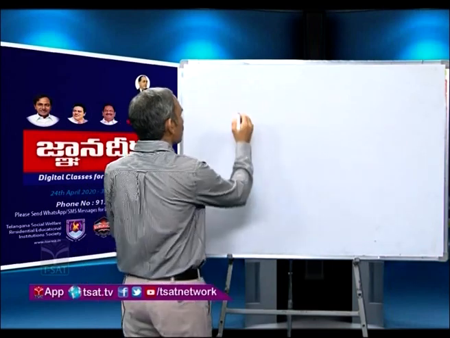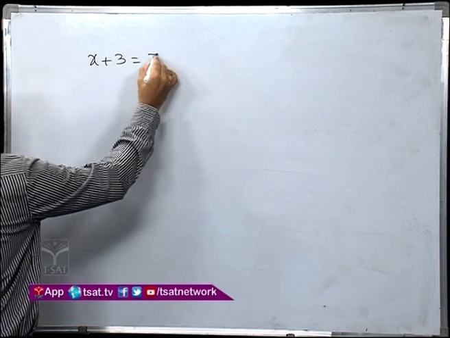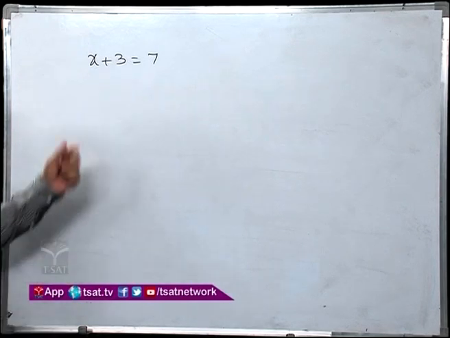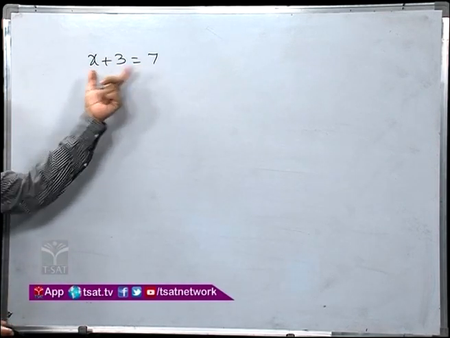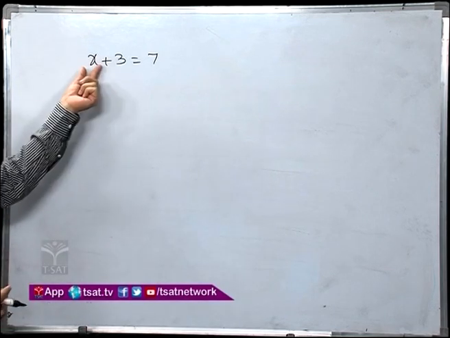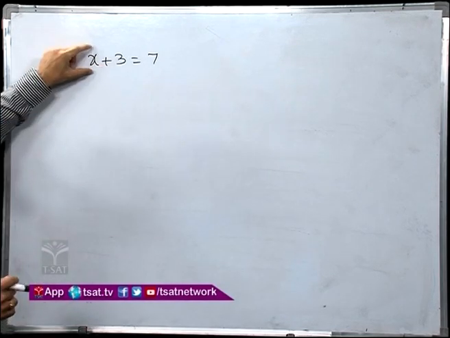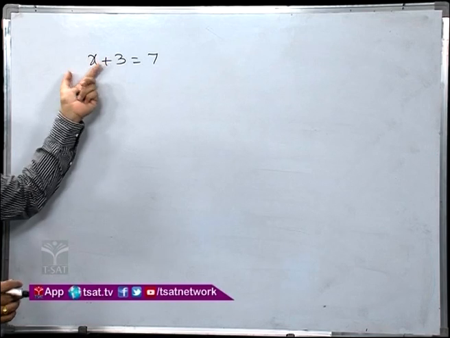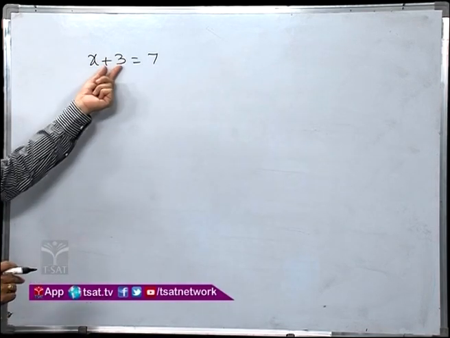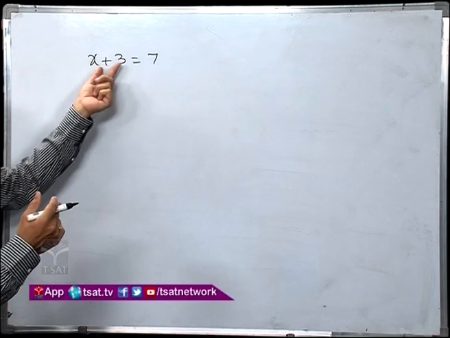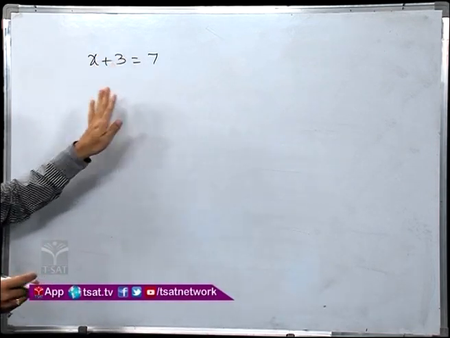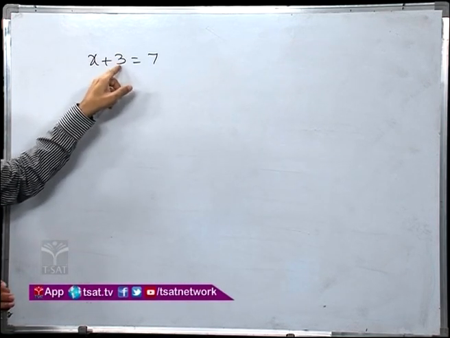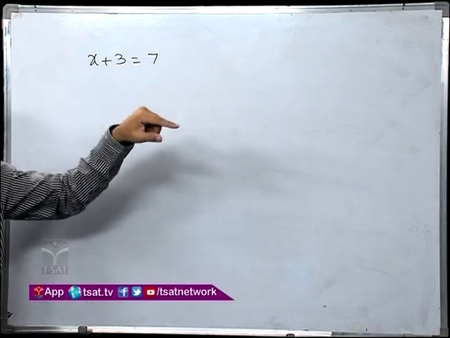Let us take this equation. x plus 3 is equal to 7. Now, here what I want to do is find the solution of this equation. Solution is nothing but finding the value of the variable. So, I have to find the value of x. There should not be any other term other than x in the LHS. But here I have plus 3. How can I remove this plus 3? Can I directly rub this? No. I can make it 0 by subtracting the 3. Am I right? 3 minus 3 will become 0.